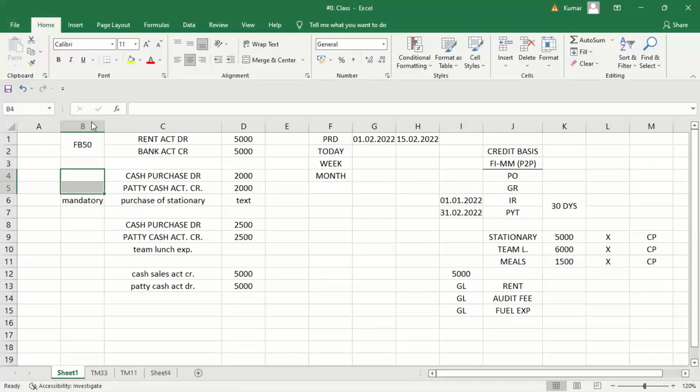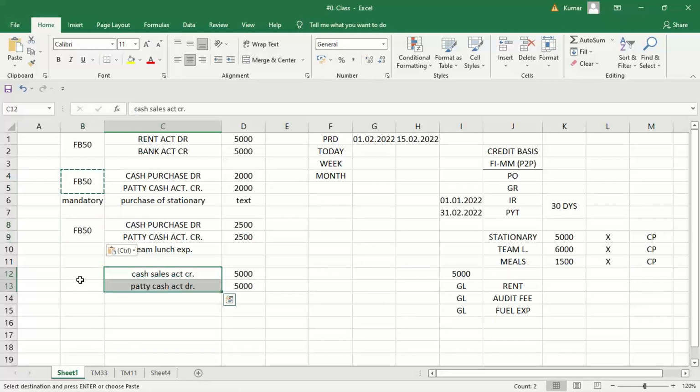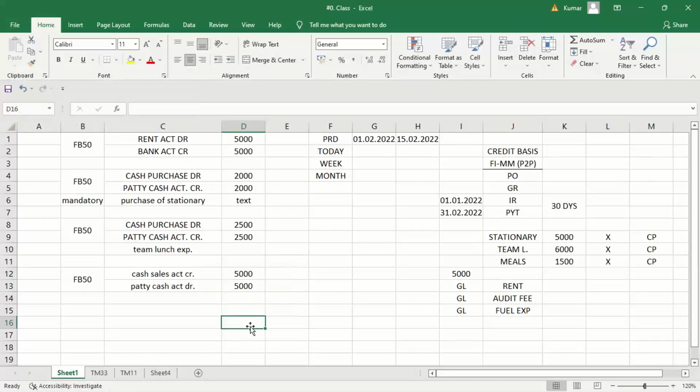In the same way, we can post this one also through FB50 or F-02. So there is no issue. You can post. But there are certain things, like let's suppose,